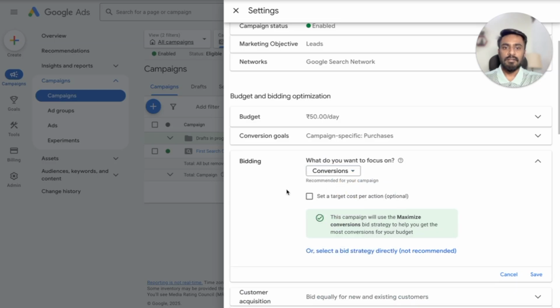Once you do that, you let your campaign run. For the initial one week, you will notice that your conversions are coming at a specific cost. Let's assume the conversions are coming at 350 rupees, but you want to bring down the cost per conversion. So you can let your campaign run for one week at 350 rupees per conversion. Once your campaign settles in and Google knows the type of people who are going to convert,